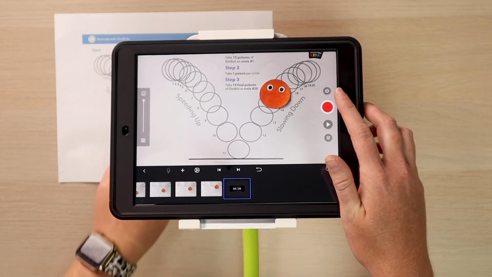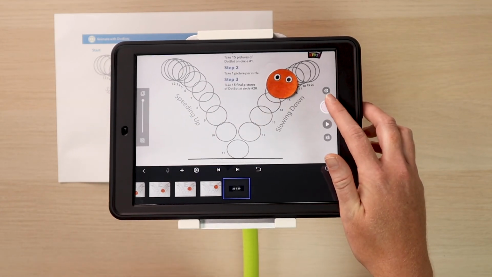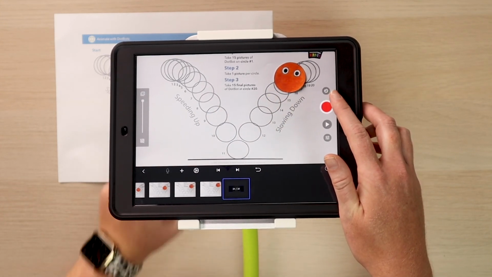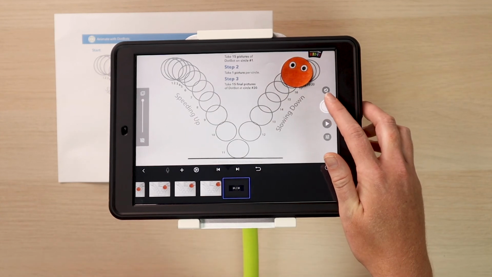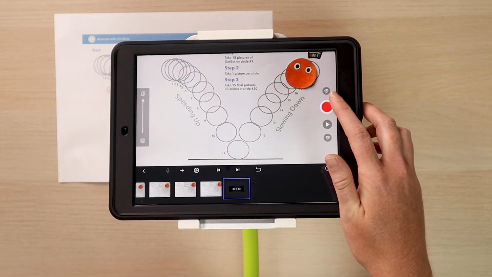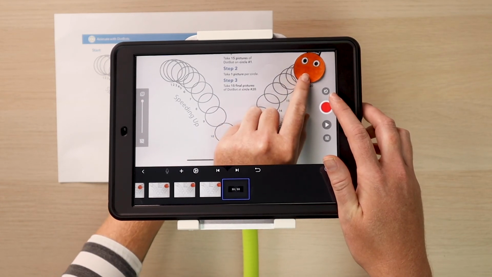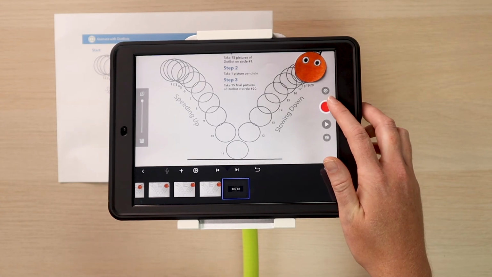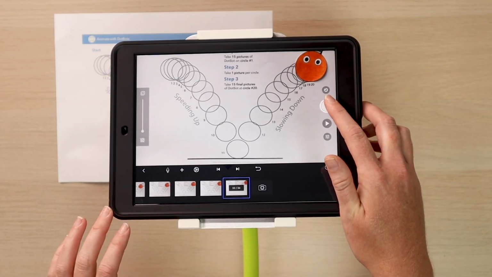Almost there, Mr. Dotbot. Home stretch. Now when you get to the 20, right there, that last circle, you're going to take another 15 pictures. So go ahead and capture those 15.